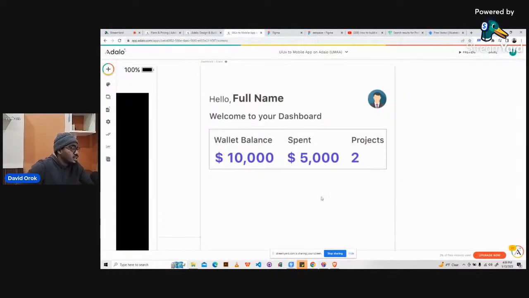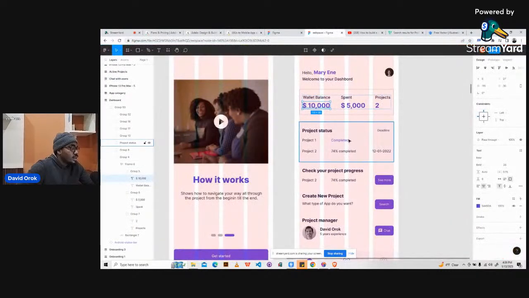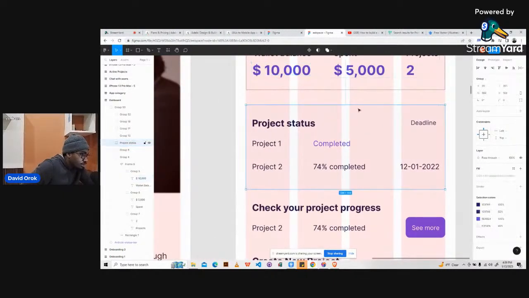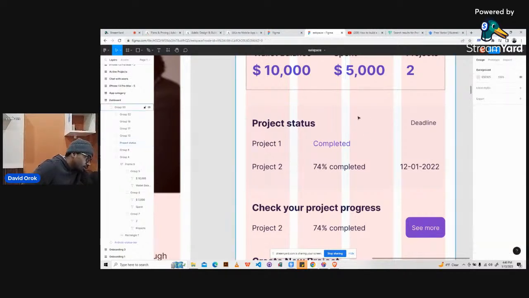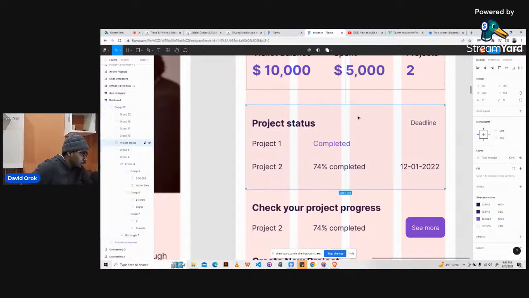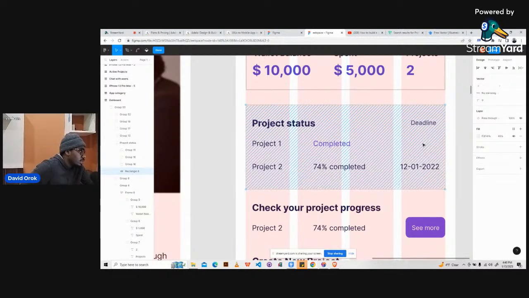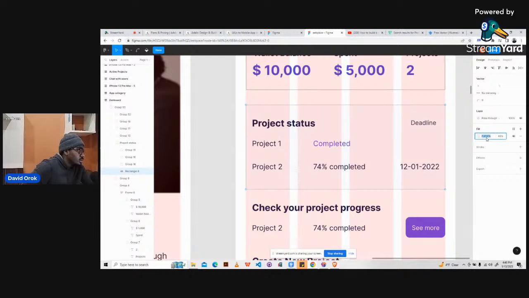Let's see. Yeah, this is perfect. Then let's check out the next thing. So there's a rectangle here. Let me zoom it in. There's a rectangle here, if you can see, and it has a certain color. Yes, it has a color, but okay, it's transparent. But it's also not really transparent. It has one very light shade. So I don't think it's any of these dark shades. I think it's this last one. Yeah, exactly. It's this last one, right? So we can pick this color, and then it's